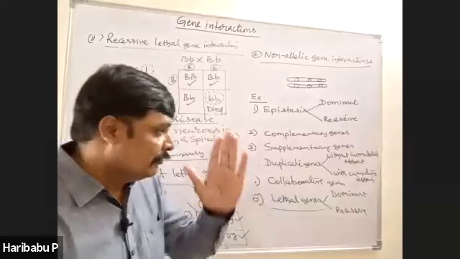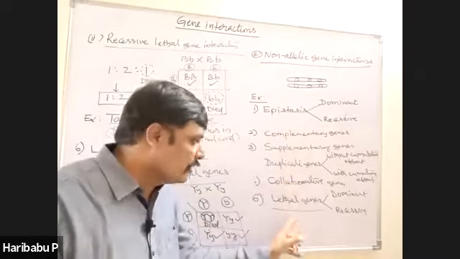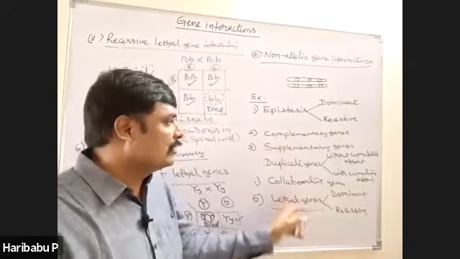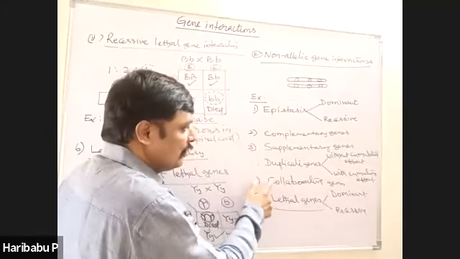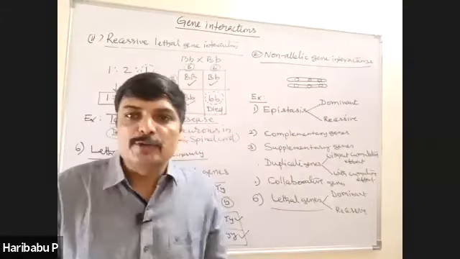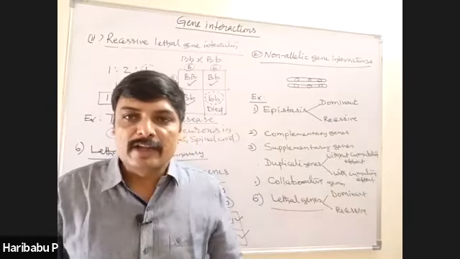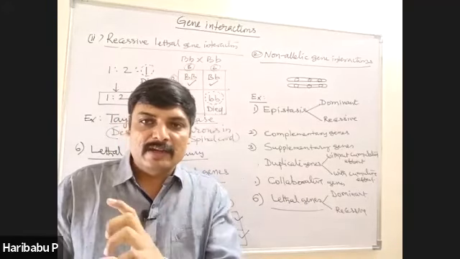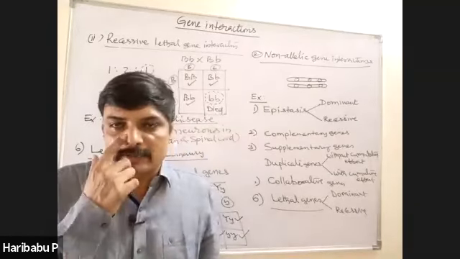Like that you have to remember the example and ratio for all these gene interactions. And more than that, you have to understand and not confuse one with the other. All are different interactions. Because of those interactions, new characters are produced. I hope you understood regarding the interactions of genes. In one table, the types, examples and ratios were given. You should remember them as far as examination is concerned.